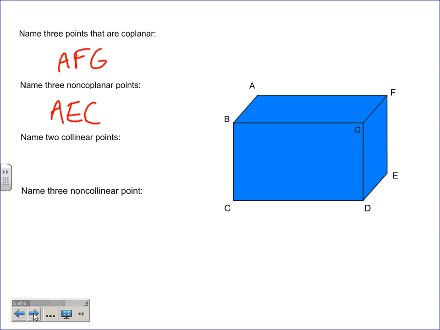So could I say, according to what we have here, are A and D collinear? Is there a line right now that connects A and D? No, right? But what about A and F? Yeah, so is that okay to say that one? Yeah. So, and it just says to name two points. So it's okay just to say A and F, or, I'm not going to sit there and yell at you if you do something like that, okay? Really, it's just asking for the points here, so that's how you probably should answer it, but I'm fine if you just kind of do it that way.